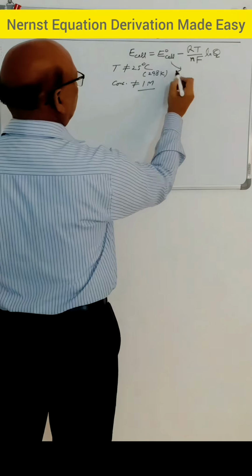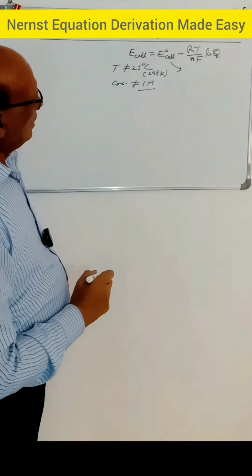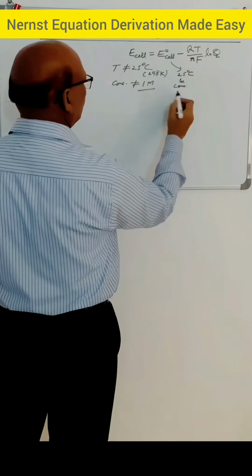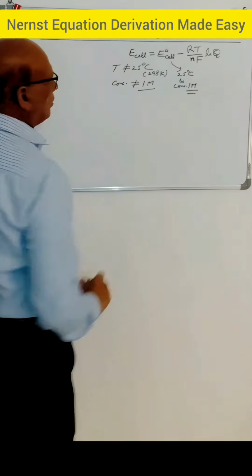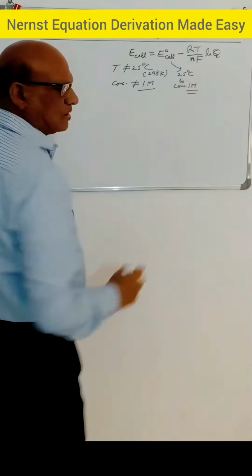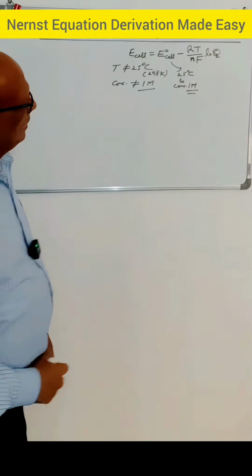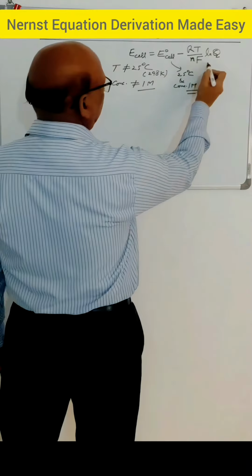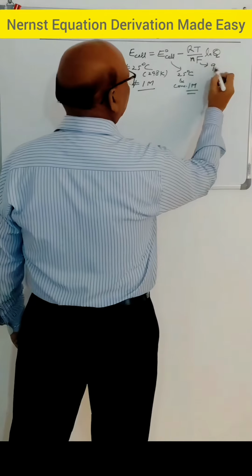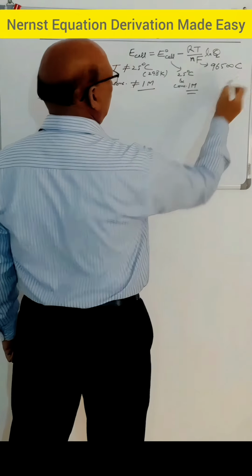और E naught cell जो है, that is at standard condition जो हमारा cell potential होगा, that is E naught cell, that is at temperature of 25 degrees Celsius and concentration in both the half cells will be 1 molar. Okay, then T is the absolute temperature in Kelvin and n is the number of moles of electrons involved in the balanced redox reaction. F is Faraday's constant, which is nothing but the charge on 1 mole of electrons, and its value is 96,500 coulomb per mole of electron.